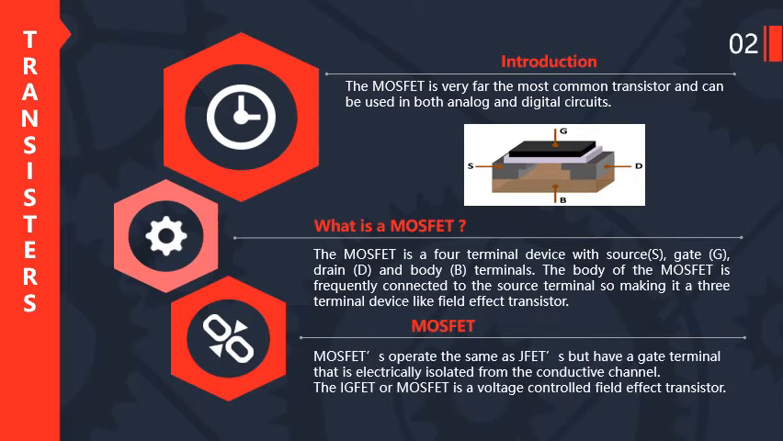MOSFETs operate the same as JFET, means junction field effect transistors, but have a gate terminal that is electrically isolated from the conductive channel. The IGFET or MOSFET is a voltage controlled FET. IGFET का फुल फॉर्म है इंसुलेटेड गेट फील्ड इफेक्ट ट्रांजिस्टर, एंड MOSFET का फुल फॉर्म भी हमने देखा मेटल ऑक्साइड सेमीकंडक्टर फील्ड इफेक्ट ट्रांजिस्टर। दोनों ही जो हैं वो वोल्टेज कंट्रोल डिवाइसेस होती हैं।